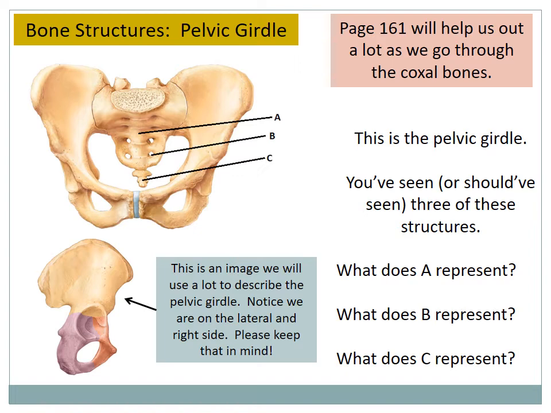You've seen or should have seen the three of these structures already. So what do we call A? Now that's the sacrum. What do we call B? That's the sacral foramina, right, that hole. And C,